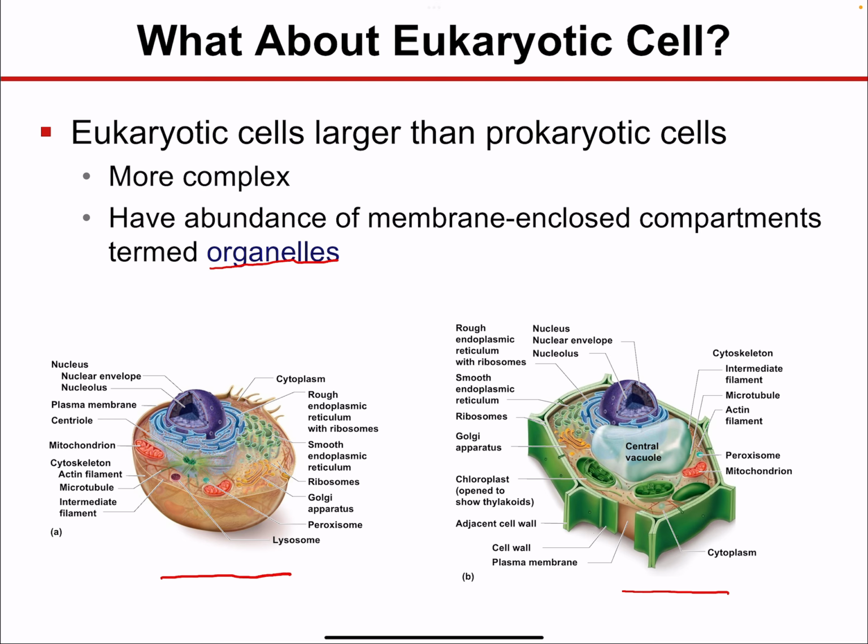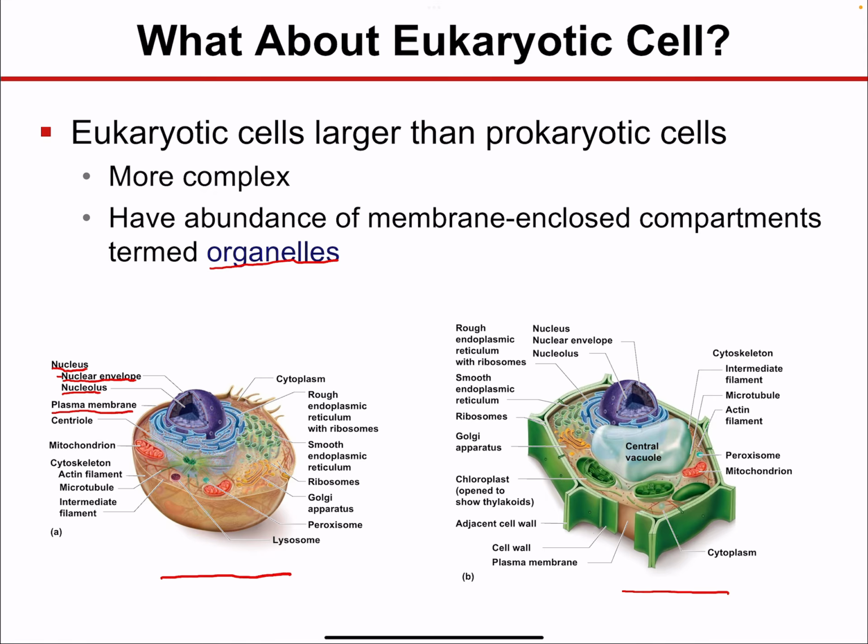For instance, we can see that we have the nucleus, right? The nucleus is made up of what? You have the nuclear envelope, right? You're going to have the nucleolus. Now, not mentioned here, you're going to have the genetic information, so DNA, that is organized in the form of chromosomes, right? And these chromosomes, some of them are loose, some of them are compact, but we're not going to dive into that. We have the plasma membrane,